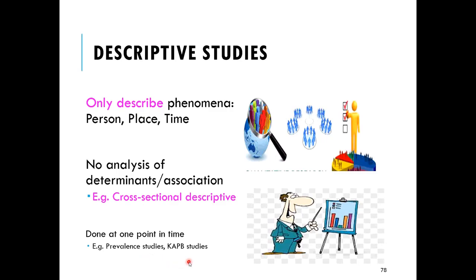And you can calculate the knowledge, attitude, and behavior of people around a certain specific disease in descriptive studies. For example, in the coronavirus epidemic, how many of them have knowledge that coronavirus spreads by airborne transmission, how many of them believe that it is transmitted by the orofecal route, how many of them wear a mask, and how many of them believe that wearing a mask is not important for prevention. These are known as KAP studies, in which we assess the knowledge, attitude, and practices of the communities and the behavior of the communities. Fine.